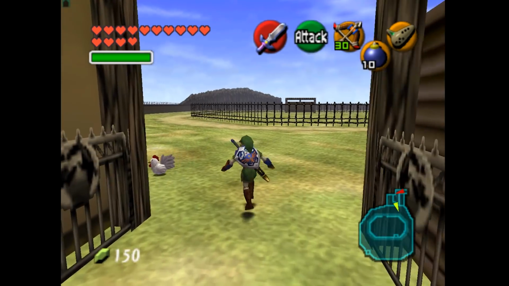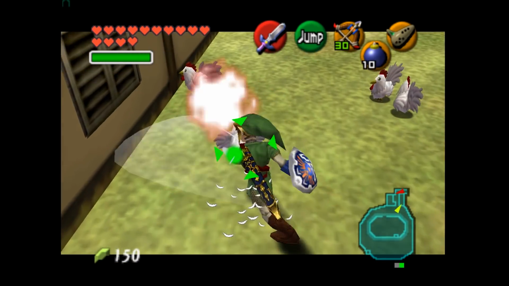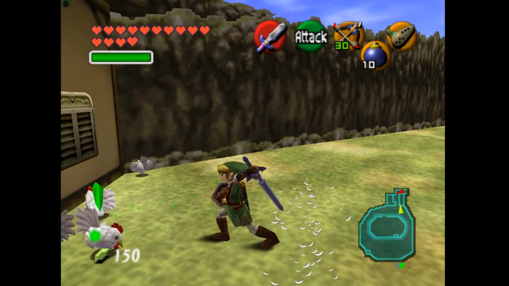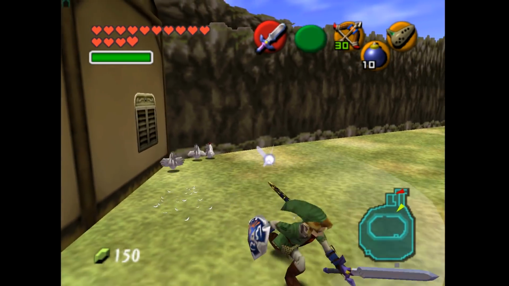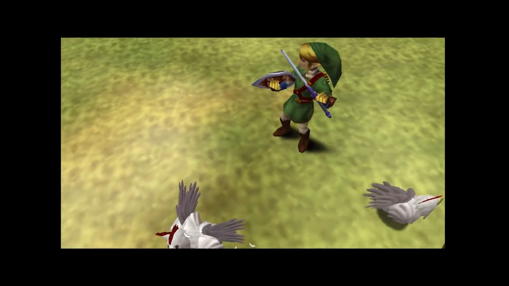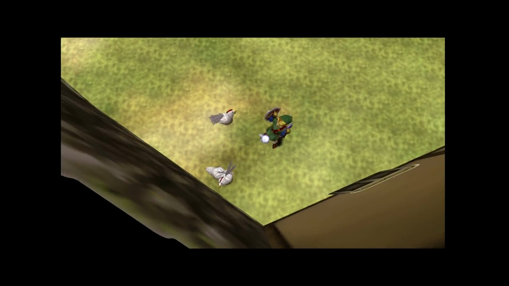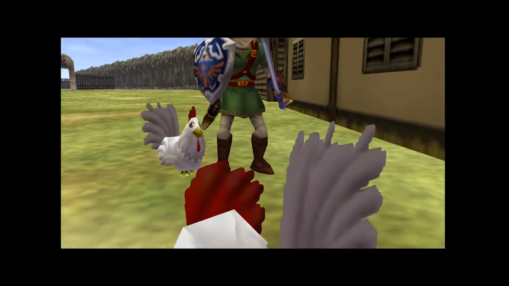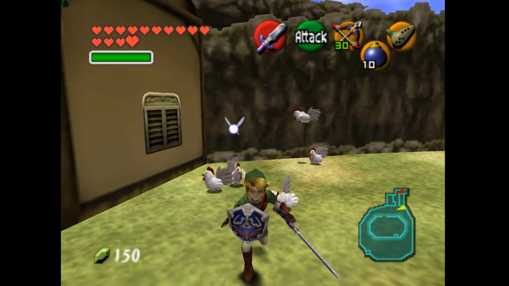So let's break this down. What he's saying about the aesthetic is definitely true. When you take a look at this, it looks really good. It really doesn't look too out of place. And the only reason why you think it might look out of place is because, well, myself and pretty much everyone is used to the actual model that they used, and not this one. But once you get used to it, I think it actually looks better.